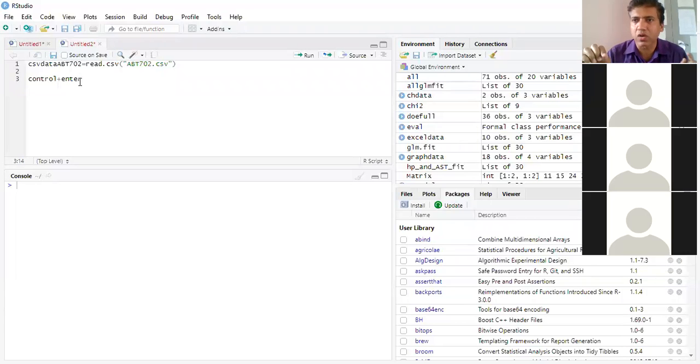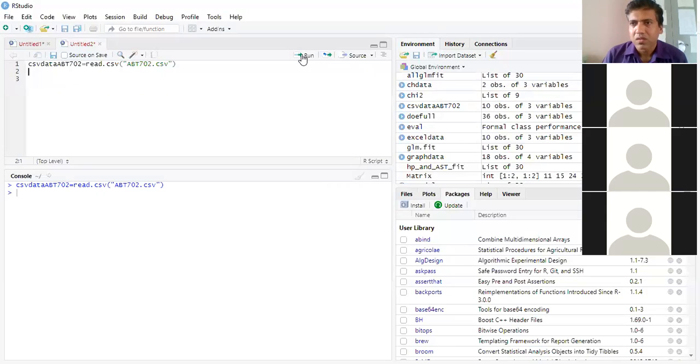Just press the Control button and Enter. It will run. So you can skip the use of the mouse and just do it by keyboard also. I'm showing it by the mouse only. So click here and I click Run here. Now the command is executed.